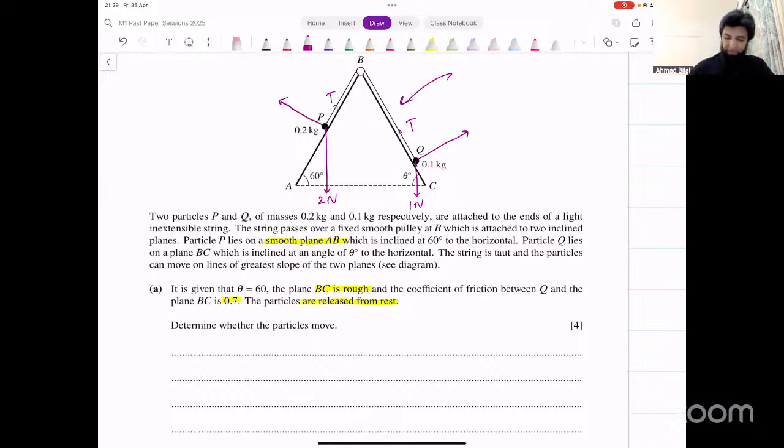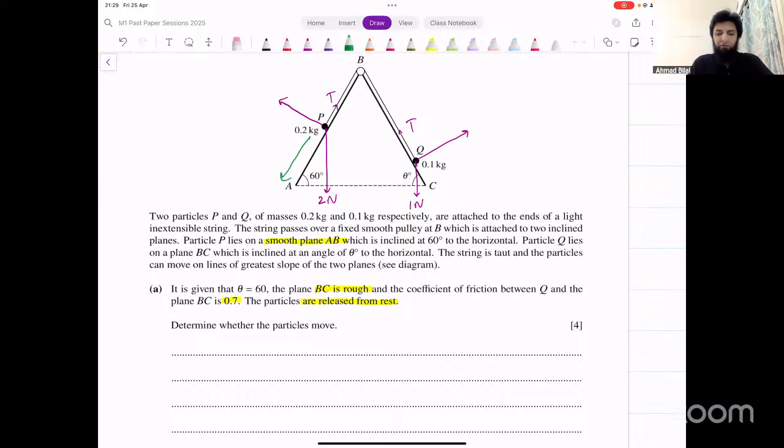This surface is rough. That means there's friction here. Both the angles are 60 degrees. Which one is the heavier object? P is heavier. Now, since P is heavier, P is going to move downwards because the angles are the same,